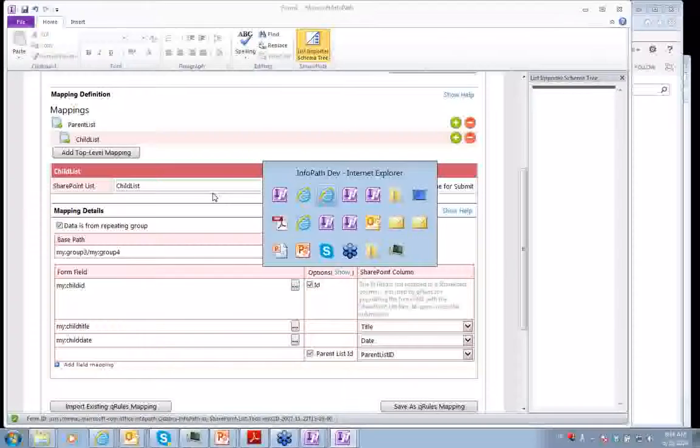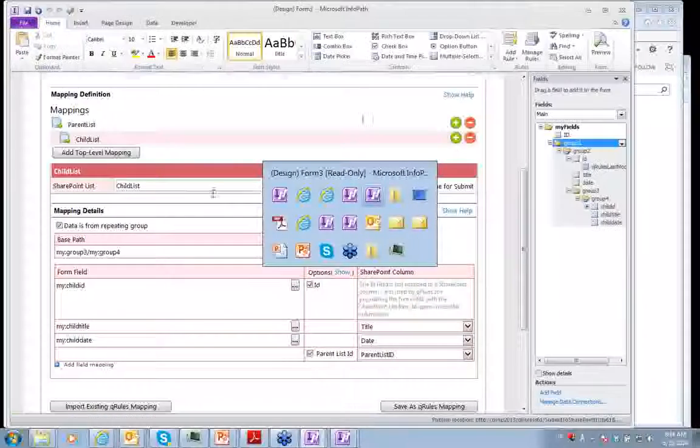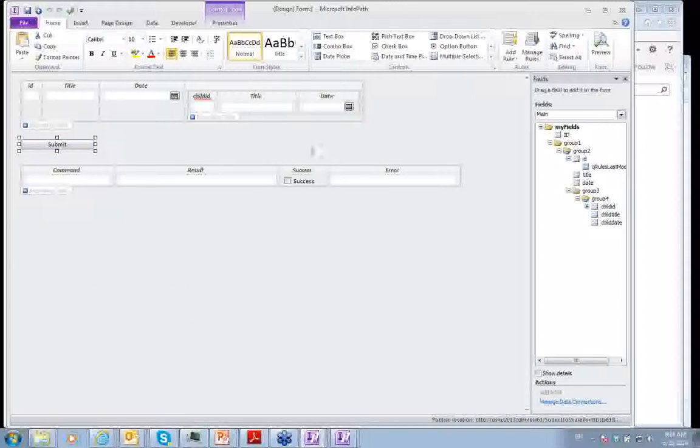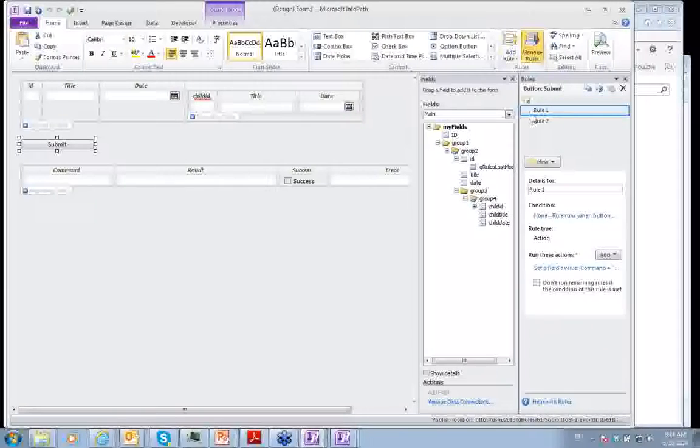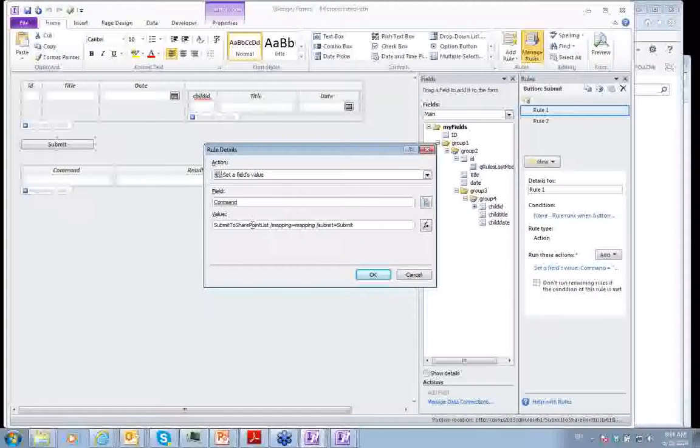Well, in the form, I've got to get my form correctly open here. This submit button is actually accessing the qRules command, submit to SharePoint list. And you can see here rule 1, which once again, not the best practice. We should have named this correctly, but it's a test form once again. So rule 1 is calling that command, submit to SharePoint list, with the mapping and using the submit data